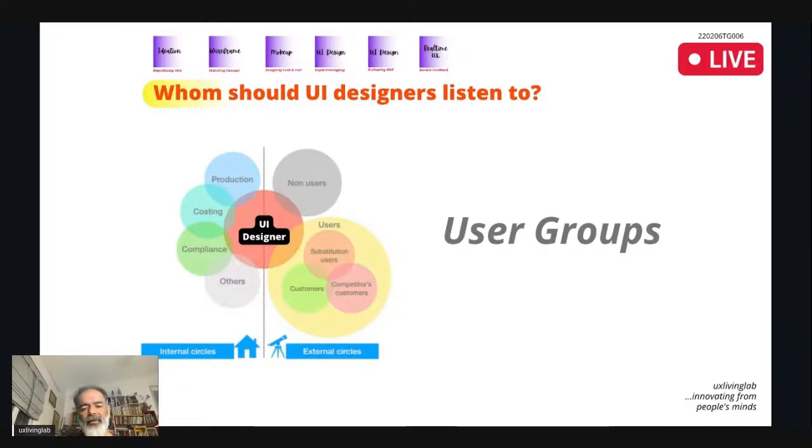Maybe if you are doing the UI design for the first version, you may not have customers. Still, you can talk about customers of the other products of your company, or you can avoid that group. But it's better to go to customers who use other products from your company, because you can talk about their views and their brand loyalty, a lot of things.